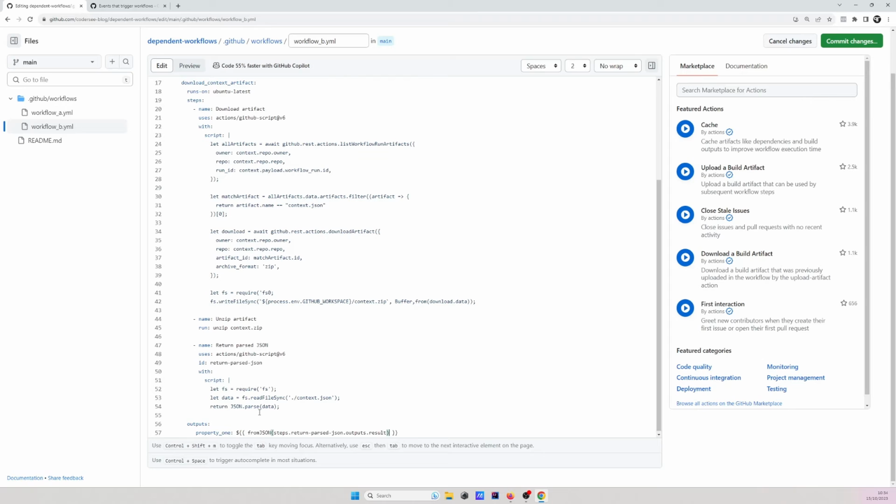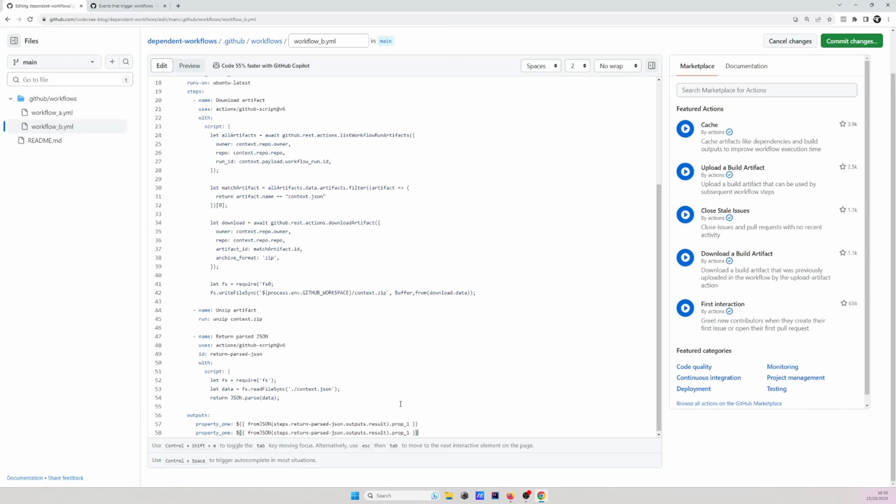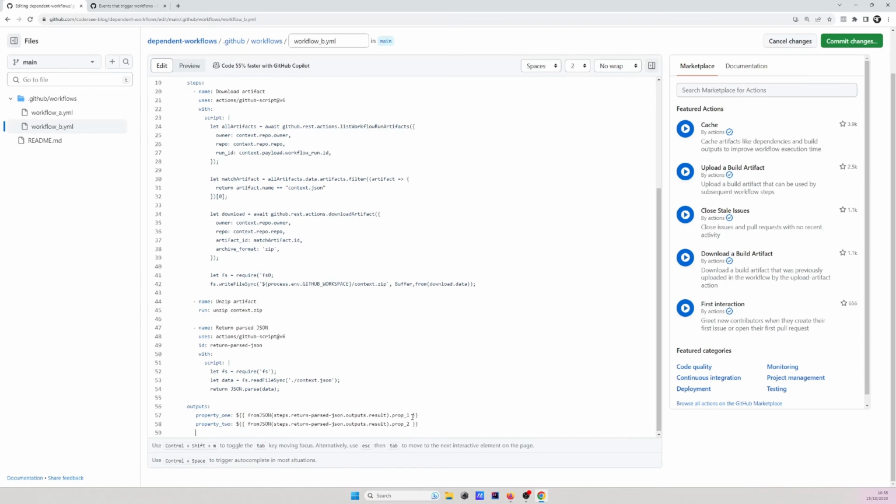Let's close this one, and we can refer to our property. So I will call it prop1. Let me copy this line, and property 2. I would like to refer to the property 2, which was the Boolean value. With that done, we'll introduce the last job, which will be dependent on this job, and will print out read values to the output. So let me click enter,